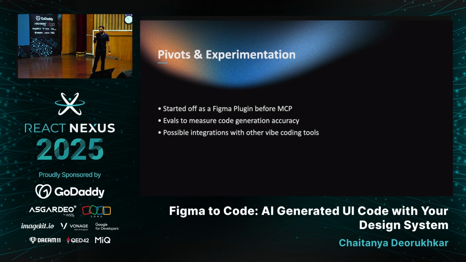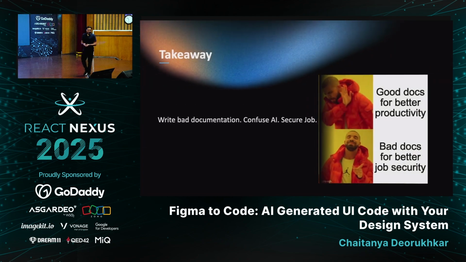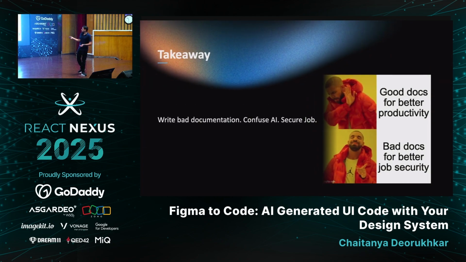And we realized and acknowledged possible integrations with other vibe coding tools. We know that this may not be the final solution. There is a lot of evolution yet to happen. We want to integrate with tools like Replit and Lovable and what Sankit is going to speak about today. And we realize that that is only going to happen if there is some standard in place like MCP, or we have really, really good documentation that we can give to these tools so that they can leverage our design system. So if you want a takeaway from today's talk, it's going to be this.